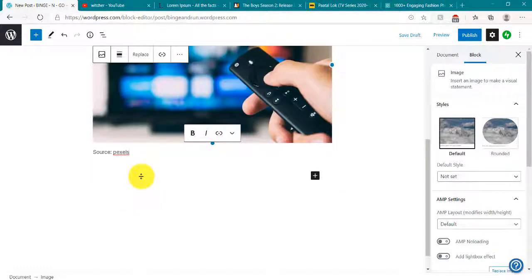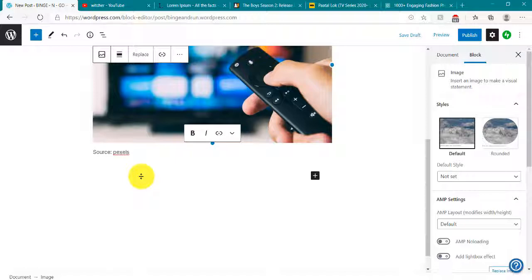So now I'm going to add the intro paragraph. Like we have discussed in the blog post section, there are three parts of a blog post. We have the intro, we have the body, and we have the call to action. The intro is the starting part or the introduction paragraph which attracts the audience and moves them into the blog post where we have all the information, and the call to action creates a sense of action in the readers so that they do a specific action that we want them to do, like either sharing the picture or subscribing to our blog or something like that.